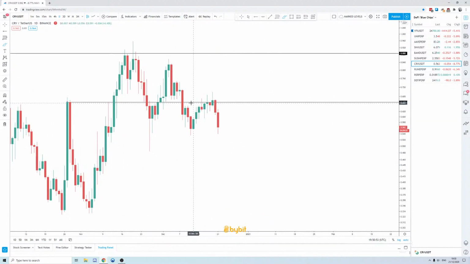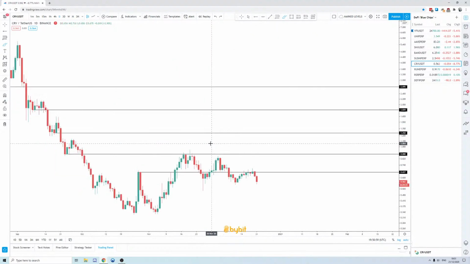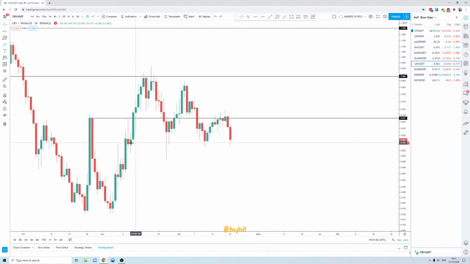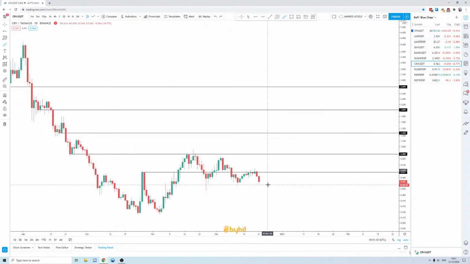Kind of annoyed. Not annoyed, it's unfortunate this level is now acting as resistance. And I don't really have a ton that inspires confidence near these lows. I mean, potentially, literally this, but I'm not even going to add it to the chart because it's not so great. I'll have to wait for this to do something. Because